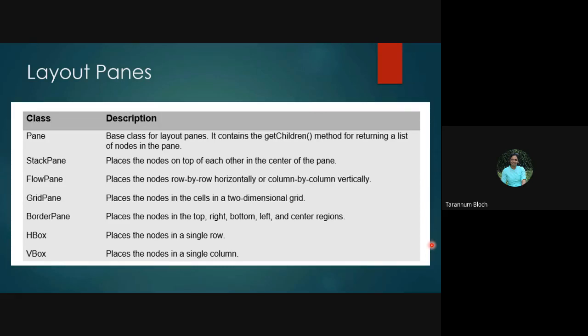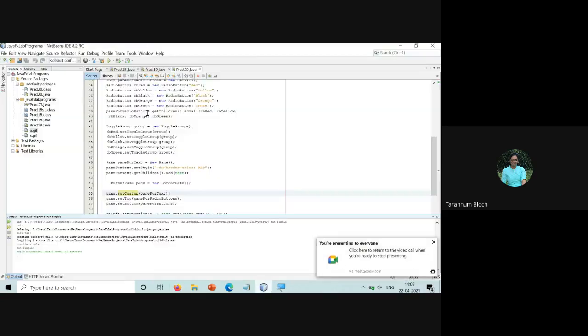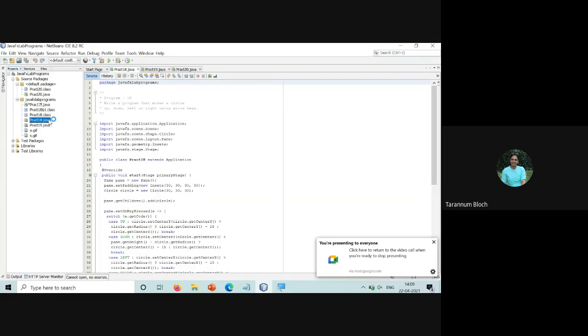We have a StackPane. As we said, it places the nodes on top of each other in the center of the pane. So it is like the center part if you want to get something, and that's what we did with the circle color change program, if you recall. There we used the StackPane. Do you recall that?